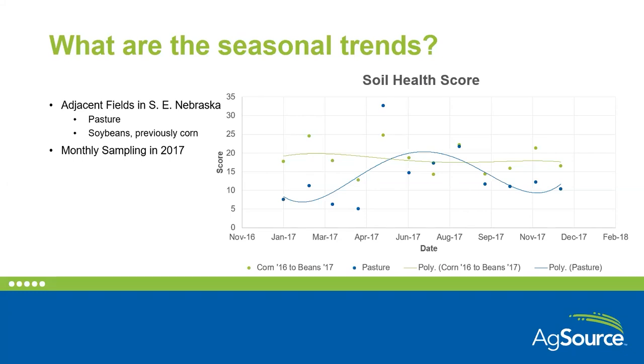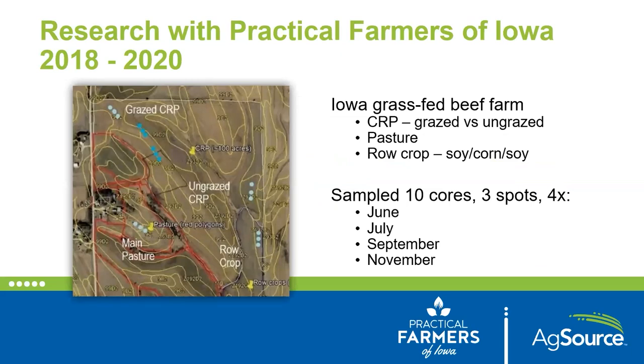There's a lot of up and down in those dots for each month, and what was most confusing was the fact that the pasture was more variable than the row crop field. So this just left more questions than it had answers. And so we decided in the next year, in 2018, we would do a more comprehensive study. And this is where I started a relationship with Practical Farmers of Iowa. They had a number of research projects, and I was able to piggyback along with one of their projects in Southwest Iowa on a grass-fed beef farm, Dave Schmidt's farm,